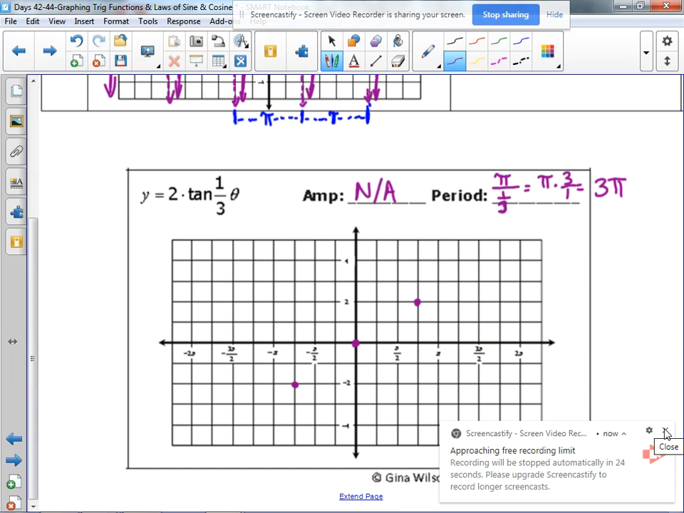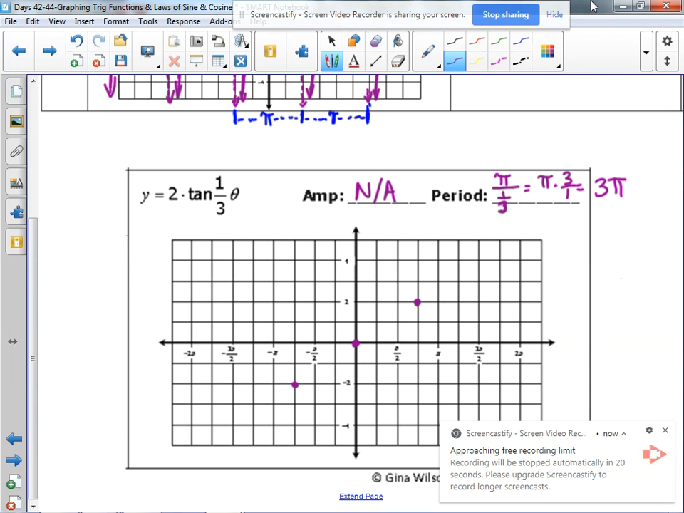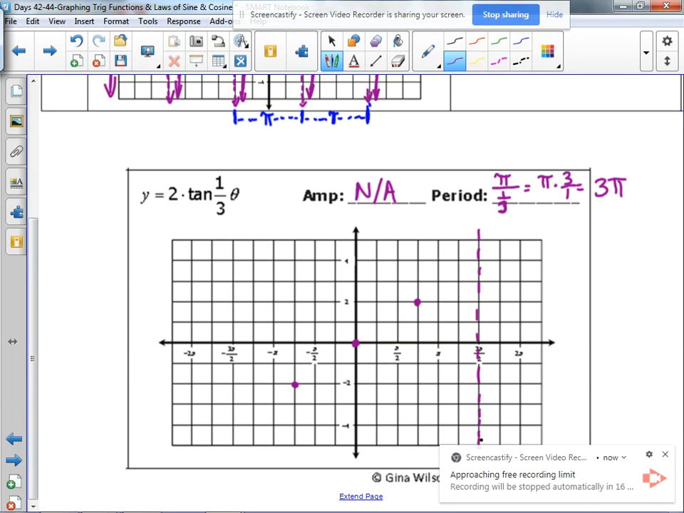Okay, so our vertical asymptotes, they were at pi over 2. If we multiply that by 3, that's going to be at 3 pi over 2 and negative 3 pi over 2. So it's really going to be stretched out here. So put that curve in there. You're not really going to be able to get that close to the vertical asymptote